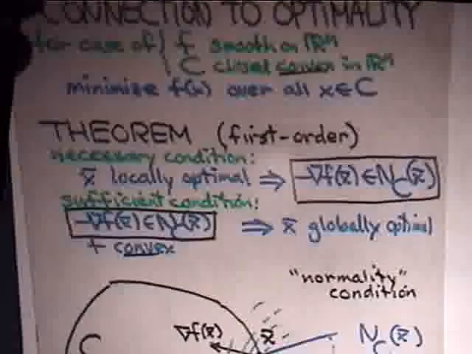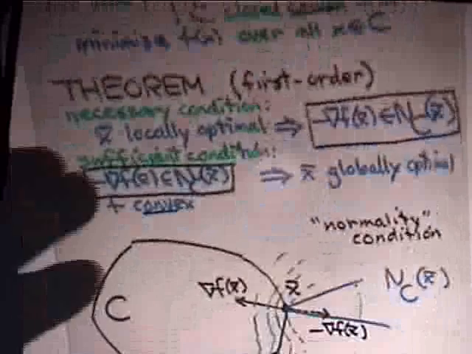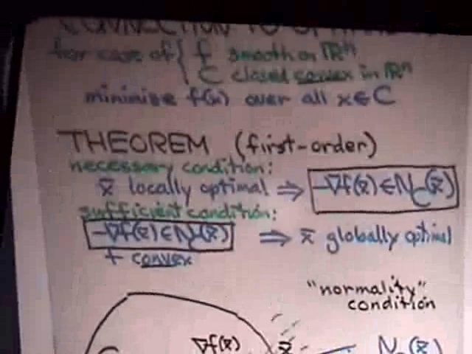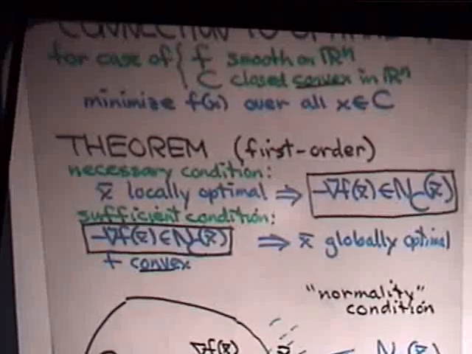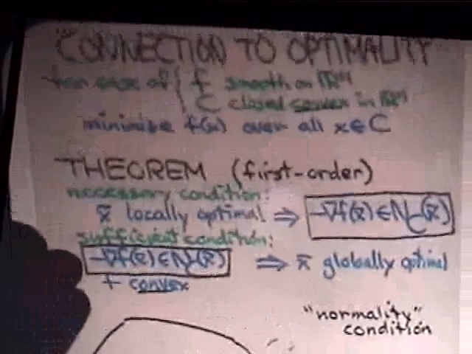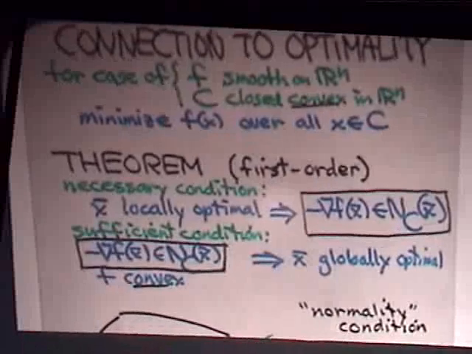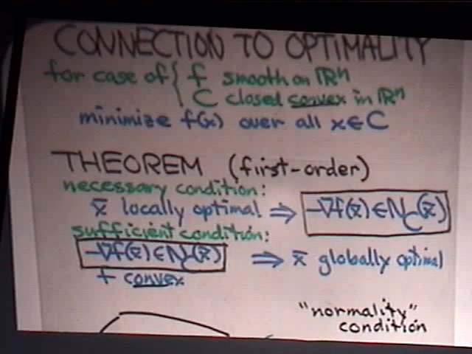Here's how these ideas are connected with optimality. So, to explain this, I'm going to consider the case of minimizing a smooth function that is not necessarily convex over a set, which is a closed convex set, and I'm going to describe the general optimality condition that one can state. First order type condition, a normality condition. So the necessary condition, I guess we can get the picture there right away, is that